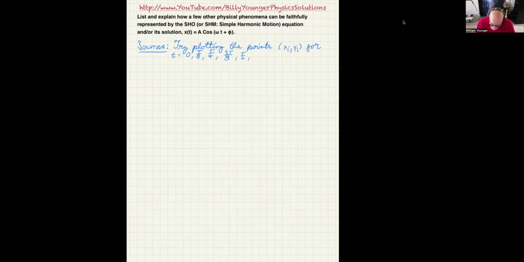And we could keep going in eighths, or we could just go to quarters if you want to, but I'll continue going on in eighths. So we'll move up to 5T over 8. And then, of course, 6T over 8 is 3T over 4. And then we could say 7T over 8,